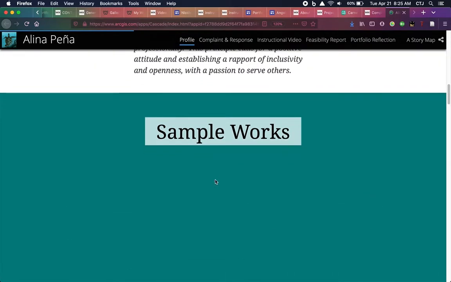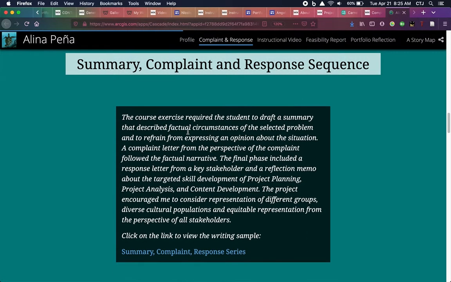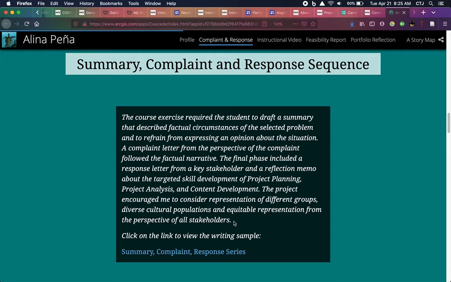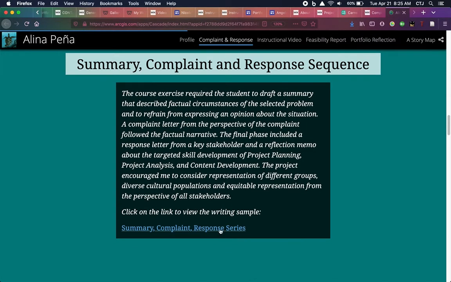So this is the deal with ArcGIS, is that there's no pages. It's all one long page. Like if I click on these, it'll jump down to the bottom, but there's no separate page. It's a linear story. So this little window is a summary of the project, and then this opens, you can see the dialogue down in the lower left, a link to the document on Google Docs